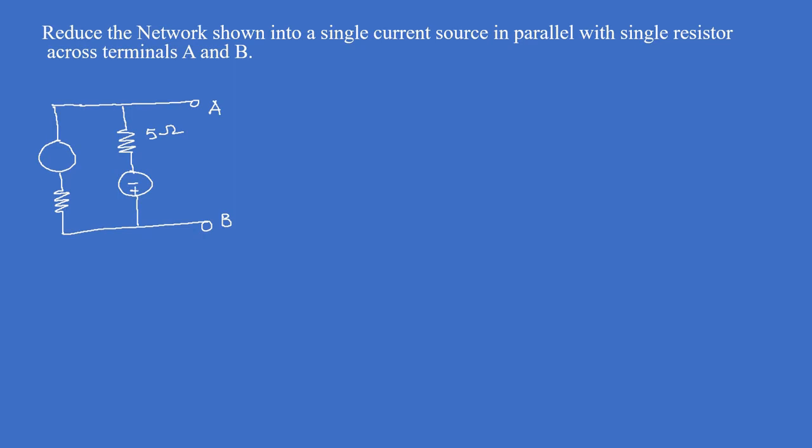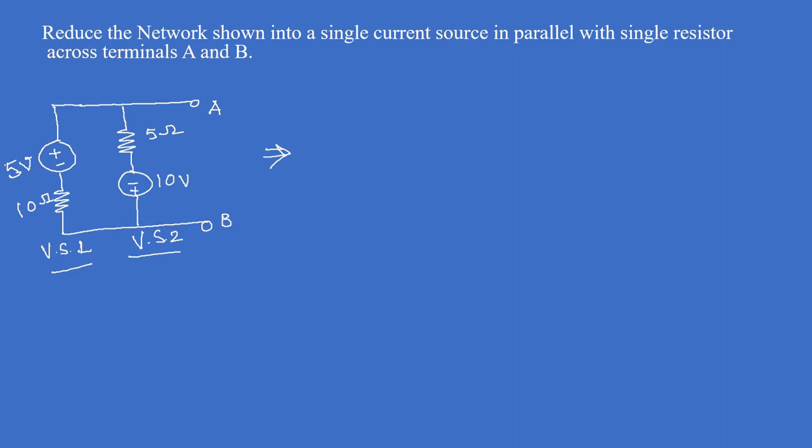This is plus minus 10 volt. This is plus minus 5 volt. This will be 10 ohm. Right? And now the question they have given, we have to reduce this complete network into a single network. If you see, we have two sources here. This is the first source, which is a voltage source. This is the second source, which is again a voltage source. So we will say this is Vs1 and this is Vs2.